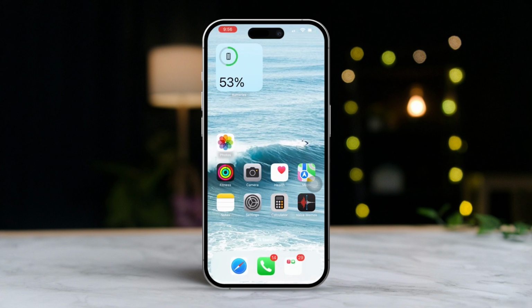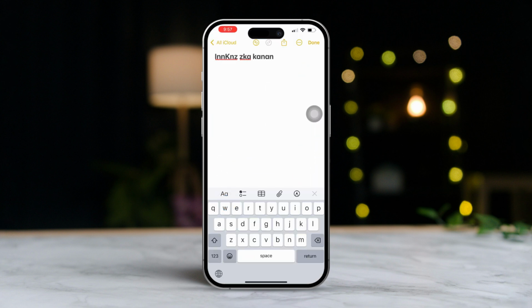Solution 2. Using the toolbar for undo or redo. Open up a note in the Notes app. Here, you'll notice the undo icon, a curved arrow pointing left, and the redo icon, a curved arrow pointing right in the formatting toolbar. Tap the undo icon if you want to revert your last action or hit the redo